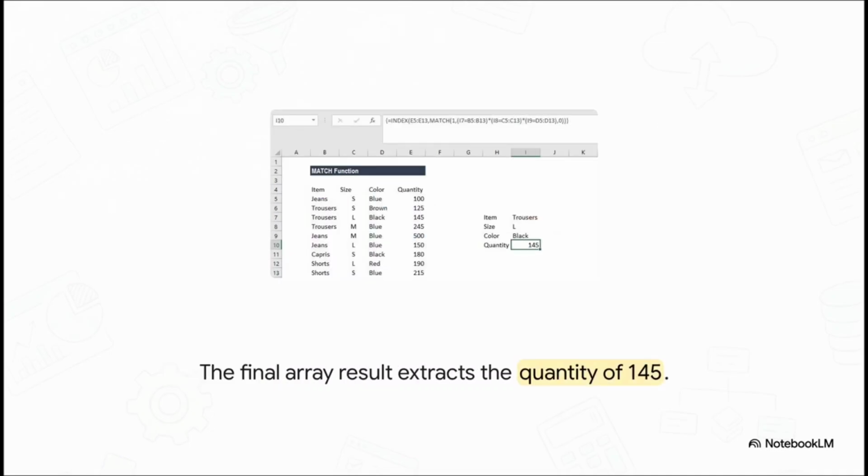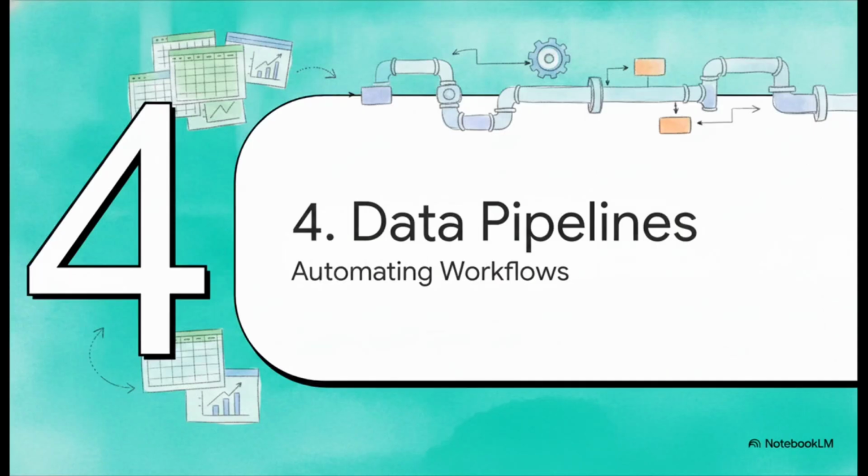And there you have it. The formula completely bypasses the heavy processing of a normal lookup and instantly delivers the correct quantity of 145. By mastering this, you keep your workbook incredibly fast, responsive, and dead-on accurate. Next up, Section 4,